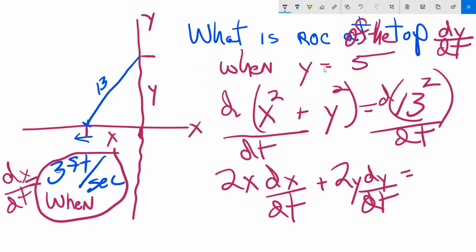That's just going to be... wait a minute, that's just d over dt, right? Or zero. In other words, the derivative of a constant is 0. 13 squared is a constant. That's right. I keep on confusing the